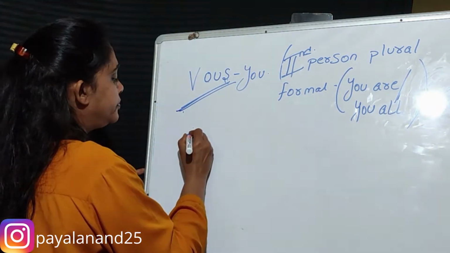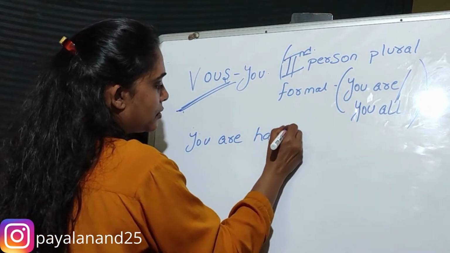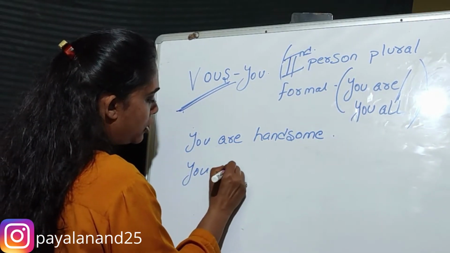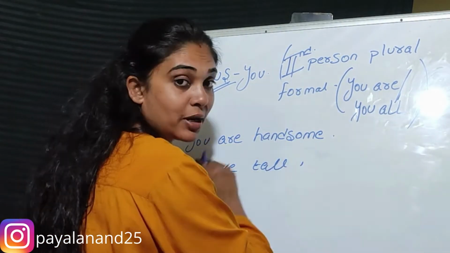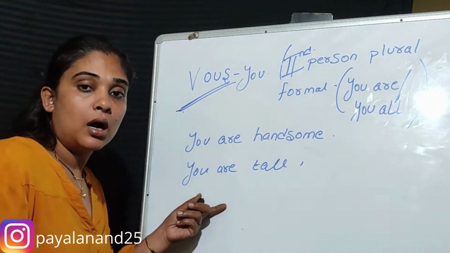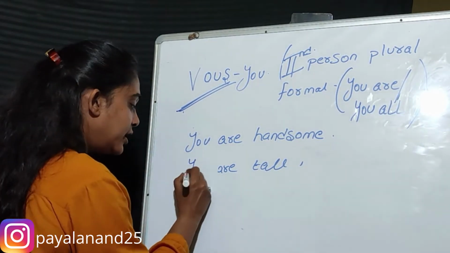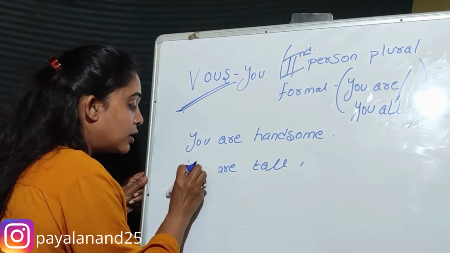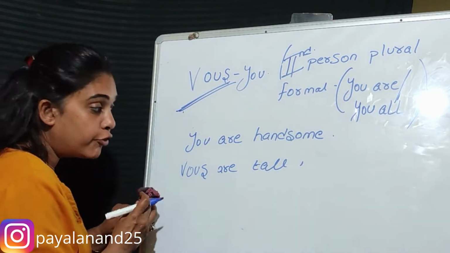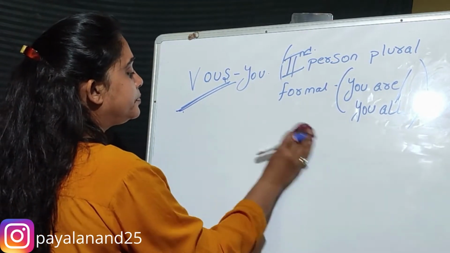For example, you are handsome. You are tall. I'm talking to an elder person. In Hindi, we say "aap". "Aap bade hain." How do we replace it with "you" in English? But in French, for giving respect, we say "vous". And if I want to take it as a collective noun, for example,